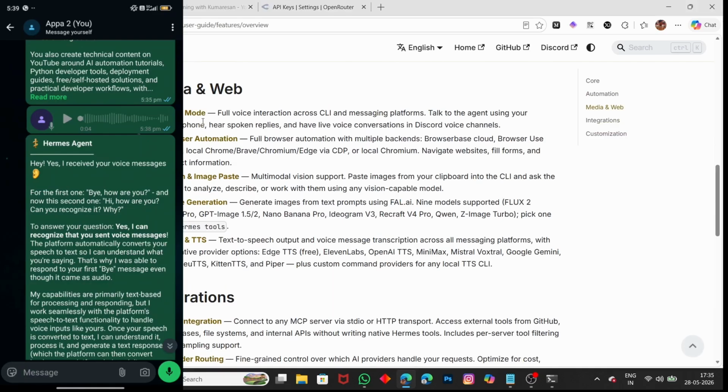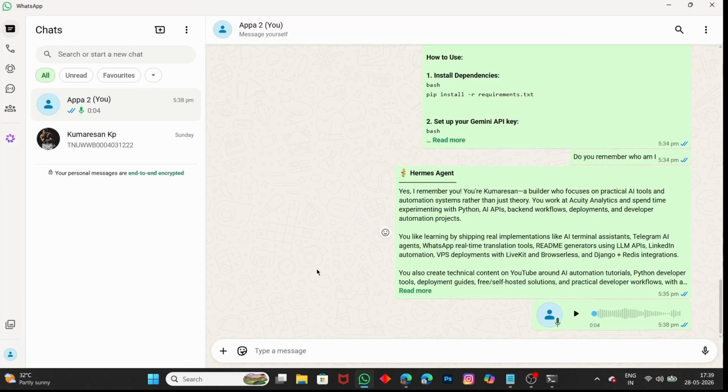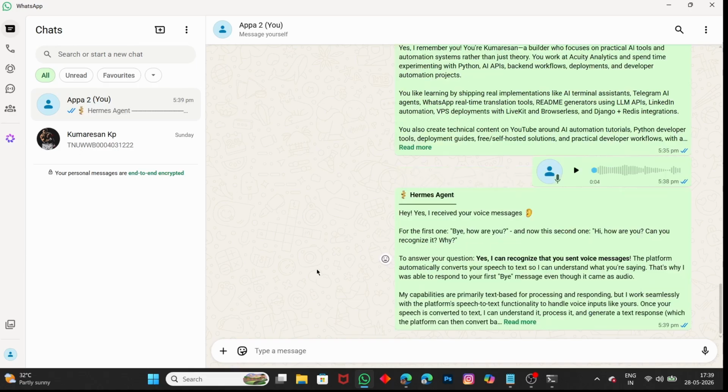So this is how you set up the Hermes AI agent for WhatsApp. I have already made a video about how to set this up for Telegram, and this video is about WhatsApp. In the next video, make sure you